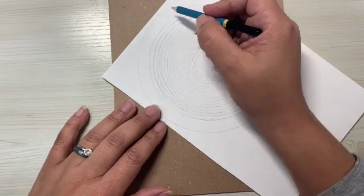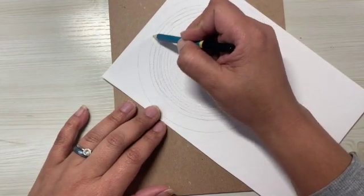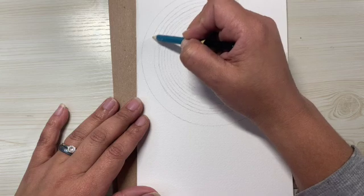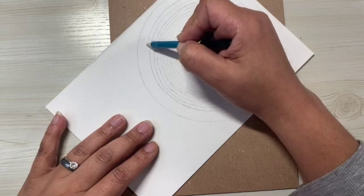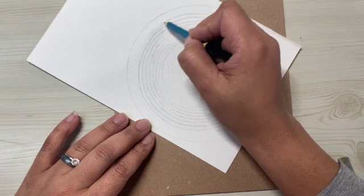So these I did by hand, and you can actually do all of them by hand. Just try to keep an eye on the distance between each circle so that it doesn't get all wobbly. This part is going to take you a while. It did take me quite a bit to get this done, and as you can see here, I started about